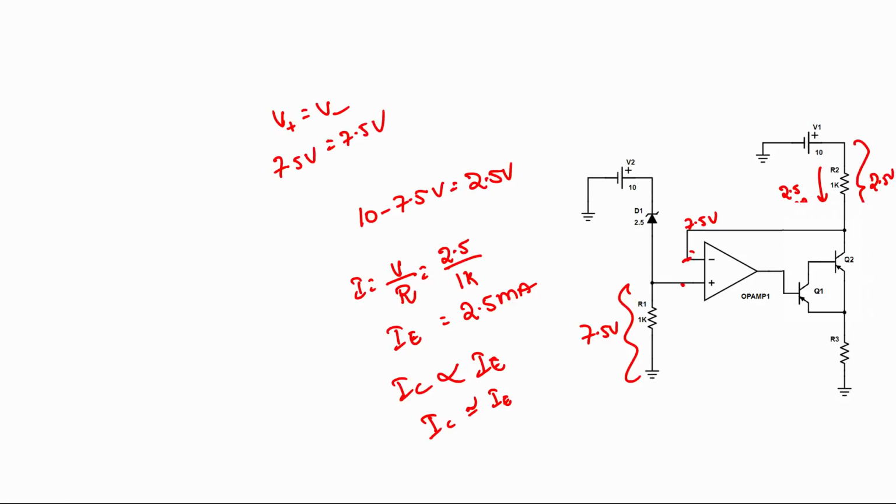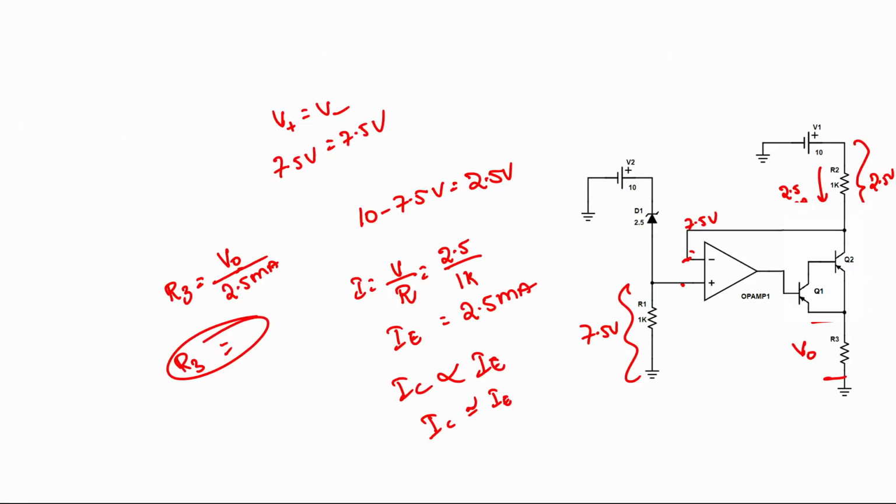So, if I know this value, and if I measure the voltage drop across this particular resistor, I will be knowing V out. So, I need to know R3. R3 is nothing but V out divided by this 2.5 milli. So, this gives me the resistance value of R3.